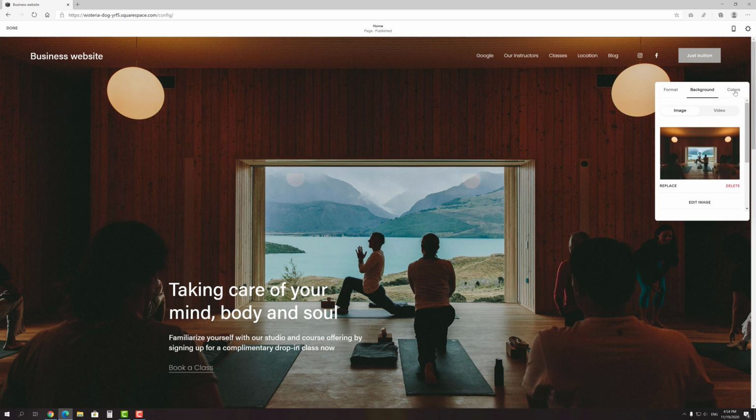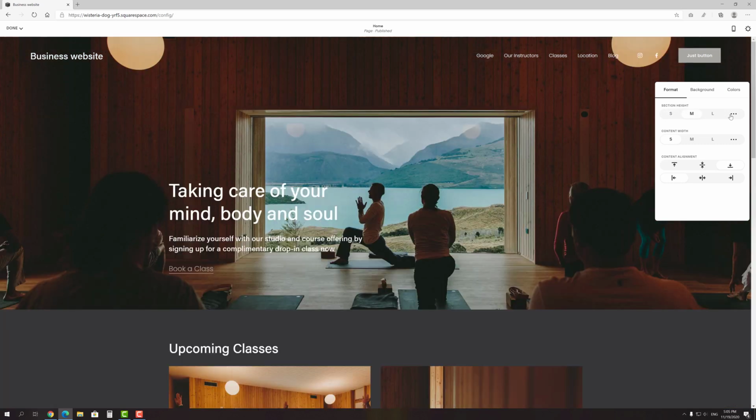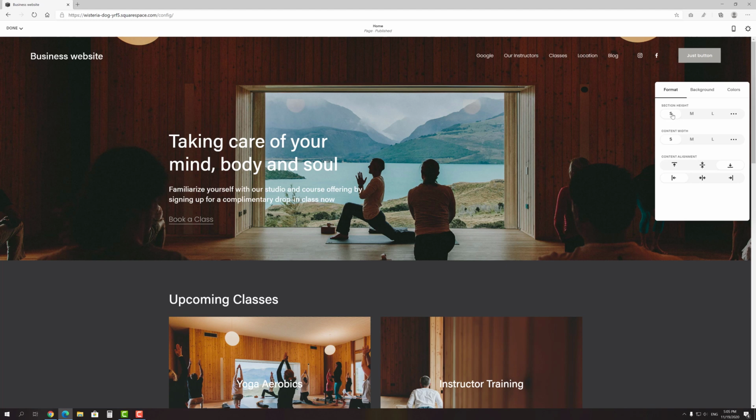And on the last tab you can manage the color scheme. First of all, the height of this block doesn't suit me, so I'll make it a bit smaller. You can select among one of the ready options or change this parameter by using the slider. Also, I'm going to replace the background of this section with the photo of the restaurant.